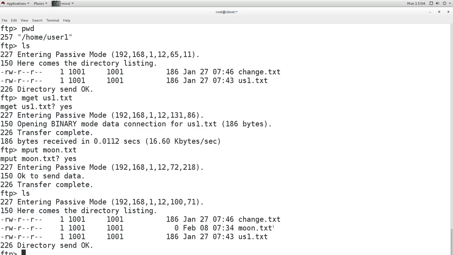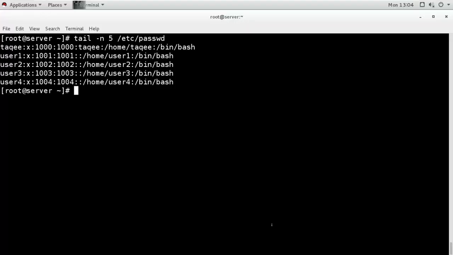When you go to the server and check the home directory of user 1, you can see the file is there. So I have uploaded the file on the server as user 1.